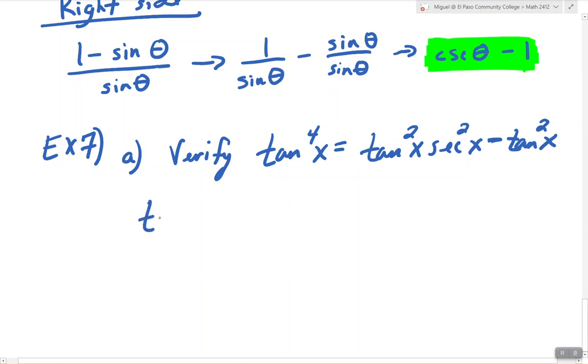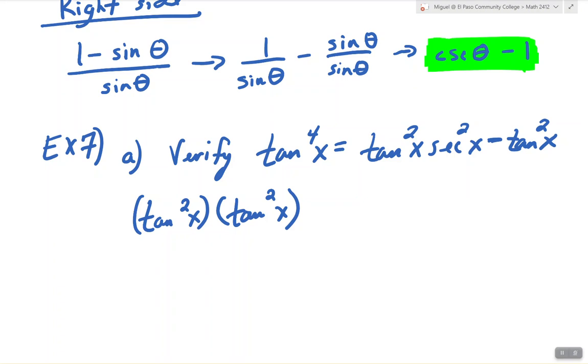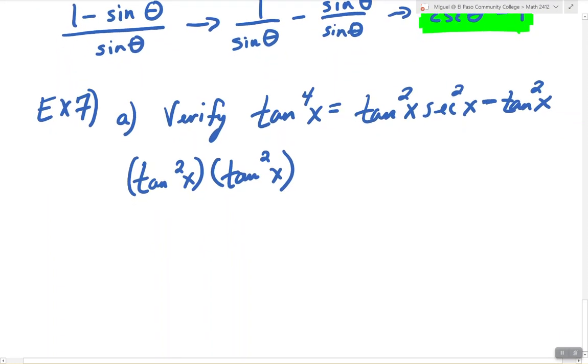We got tangent squared times tangent squared. Now we get rid of that degree 4 there. And now we have stuff that we know how to work with, right? Tangent squared, obviously, we work with that a lot. Pythagorean, you would do. We know we're trying to get like secant in there and stuff. So tangent squared is equal to